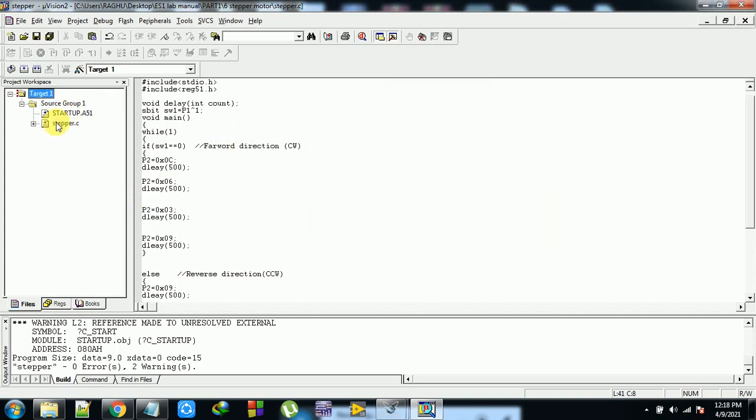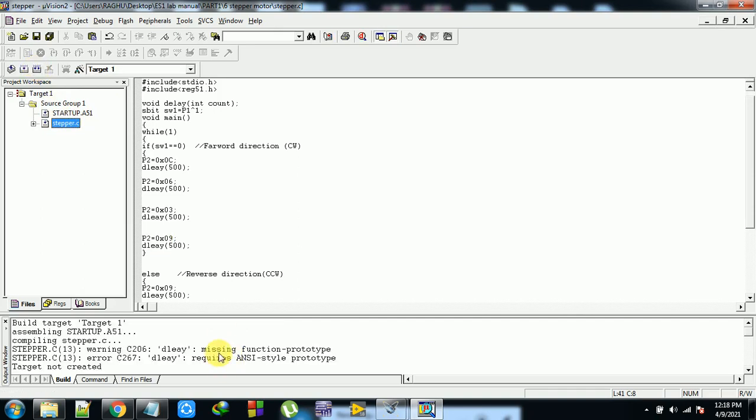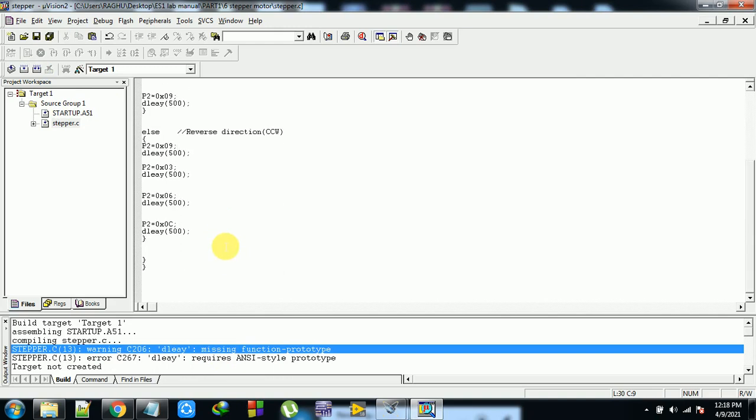Okay, so the delay is not defined at this moment, so now I want to define the delay. Void delay. Okay, so void delay int count. So here int i comma j.